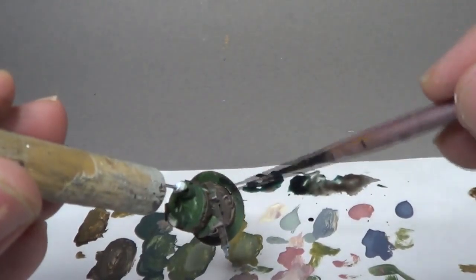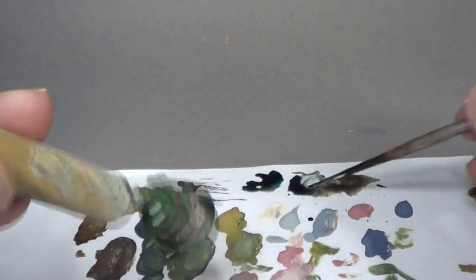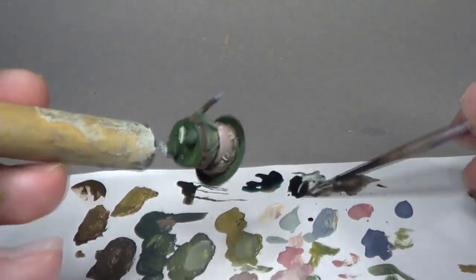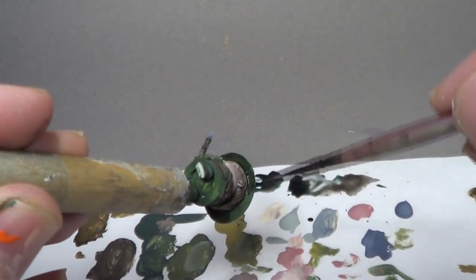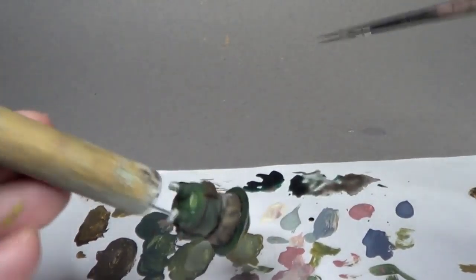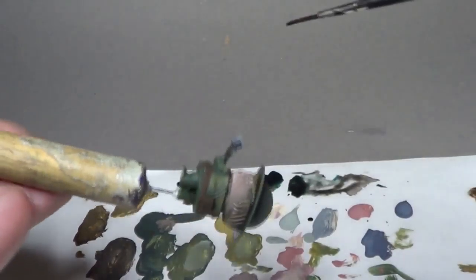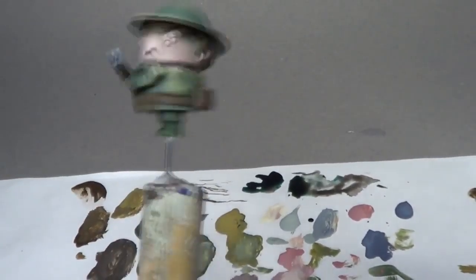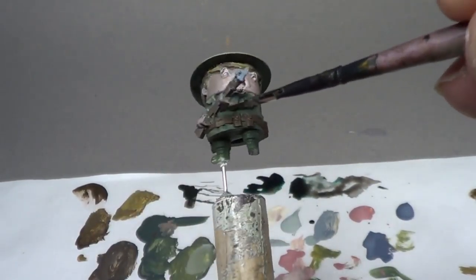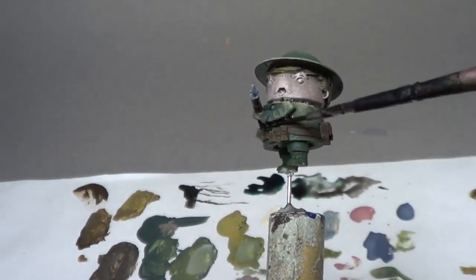We're going to shade this darker. The reason I use this beat up brush is that this glazing stage, using a small brush like this, well, it's really rough on the brushes. You really don't want to use your fine, brand new liner brushes for this process. Alright, underside of the helmet. Now let's get some of these areas on his jacket, under his arm,